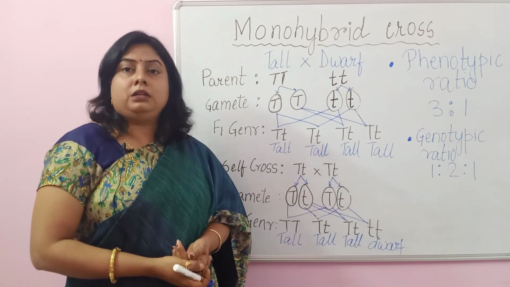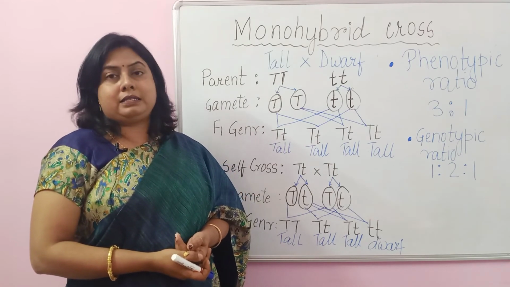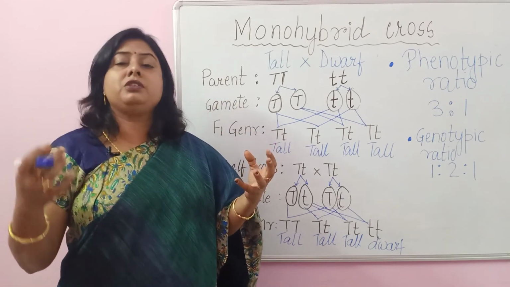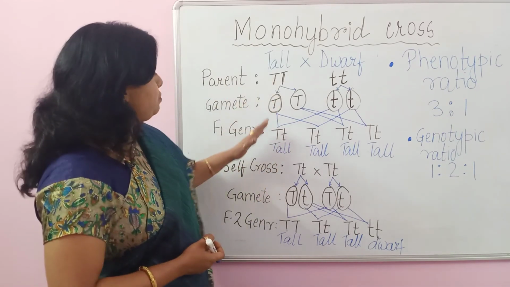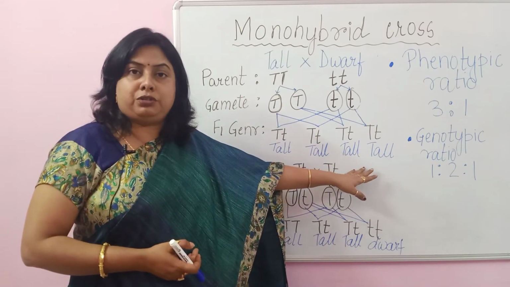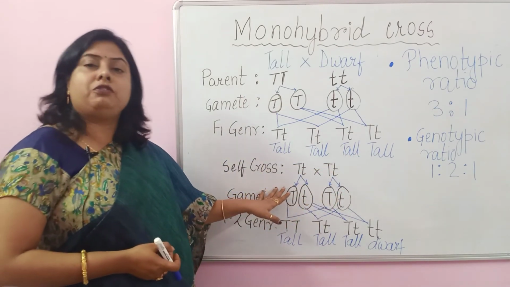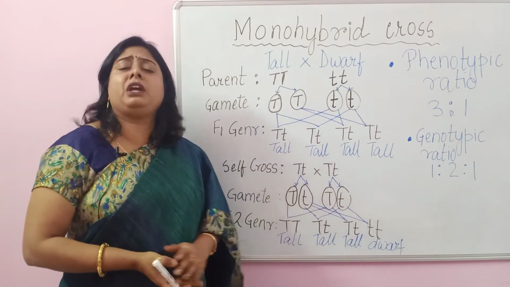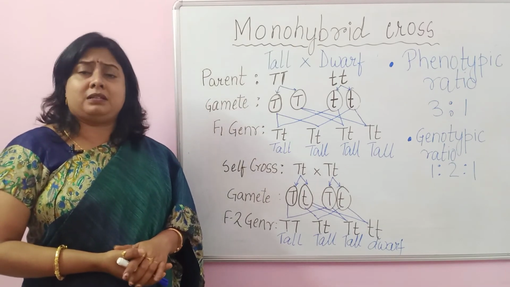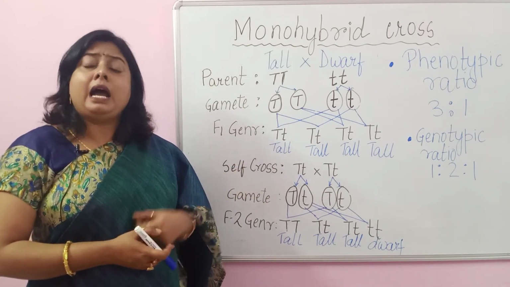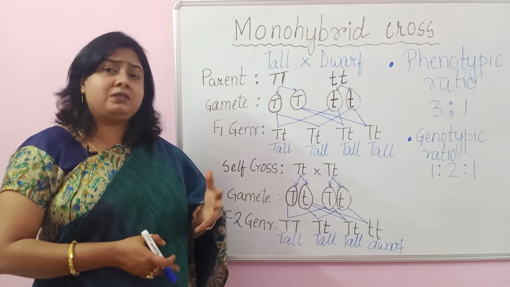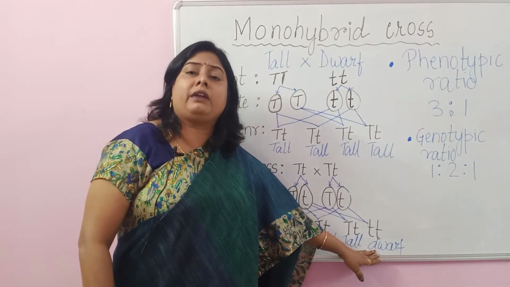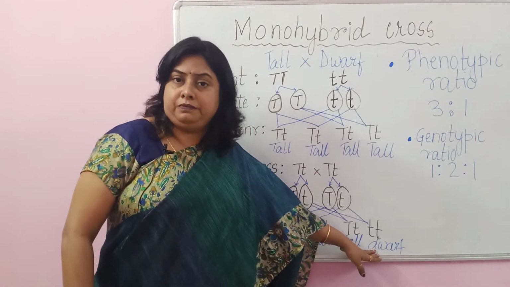So, in short, the total explanation of Mendel is that when he took tall and dwarf plants, the tall character was dominant over the dwarf one. So it expressed itself in the F1 generation. When the F1 generation was self-crossed, we got three combinations where capital T was present, so all of them were tall. And the last one, where capital T was absent and both alleles were small t, the dwarf character expressed itself.